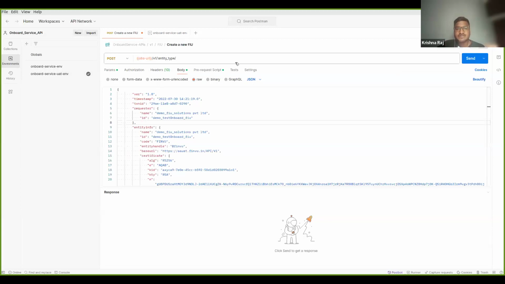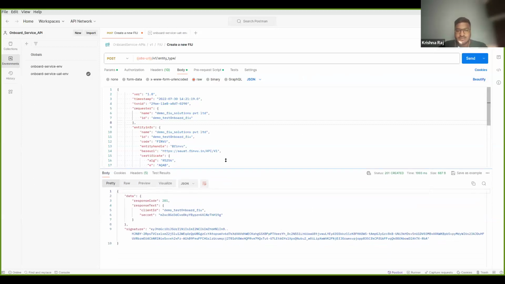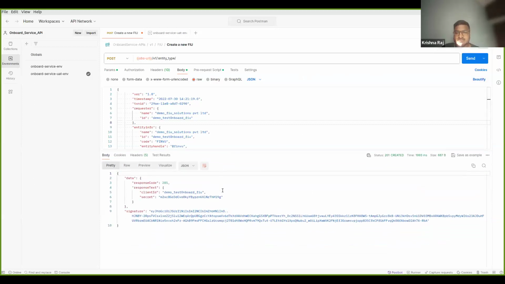And as a part of this, there is also a prerequisite script. There is no extra step we need to sign it. So there is a prerequisite script attached to the Postman collection, which internally encrypts the payload and adds the signature to the request body. Yeah, now we can click on send. Yeah, so on successful creation, we would be getting the status code as 201, and we would get the result